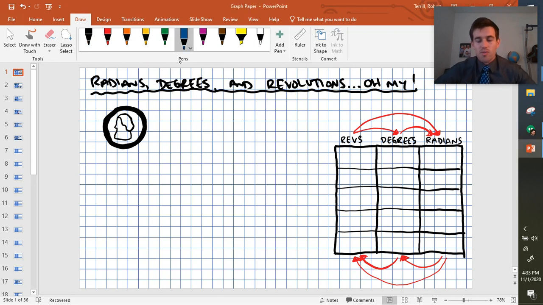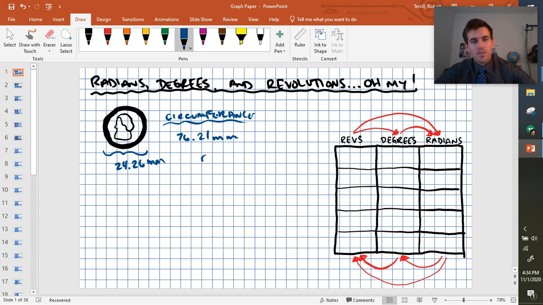So to start our discussion of radians, let's talk about a quarter. A quarter has a diameter of 24.26 millimeters, approximately. And if you measure the circumference around the outside, like with a piece of string or something like that, we can find out its circumference. Here we go. The circumference is 76.21 millimeters. So if we divide the circumference over the diameter, we get this number,